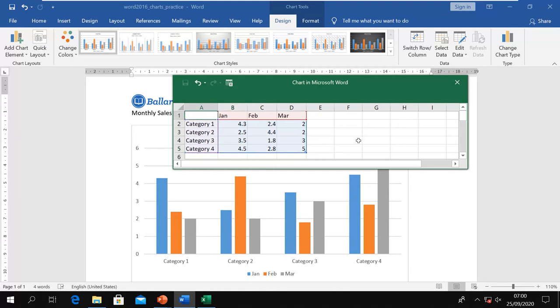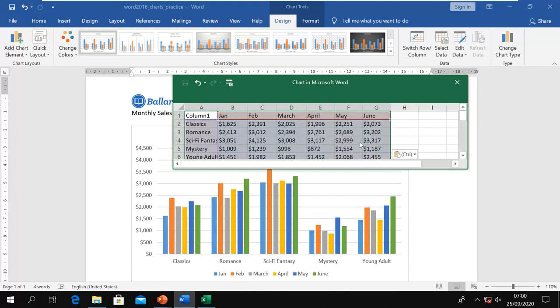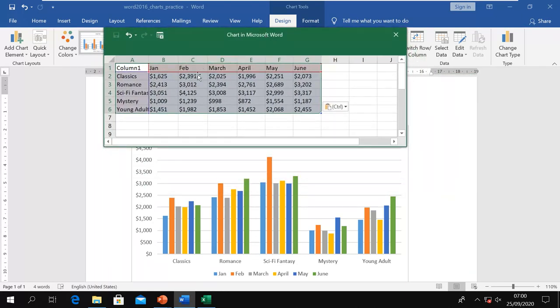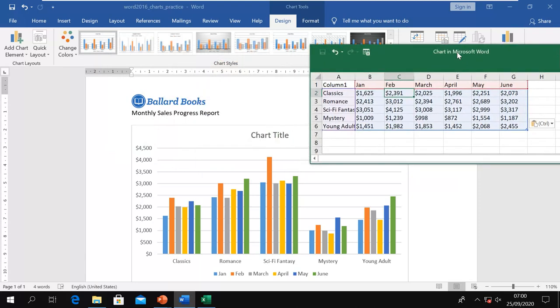So you can type it manually also, or if you have data available already, then you can choose from that data. Now you can see the data I added here in this source data is available in the chart.